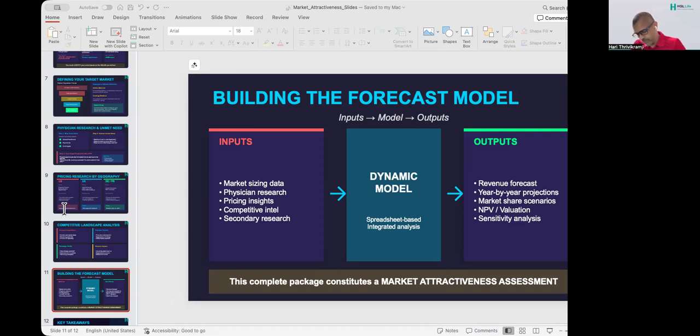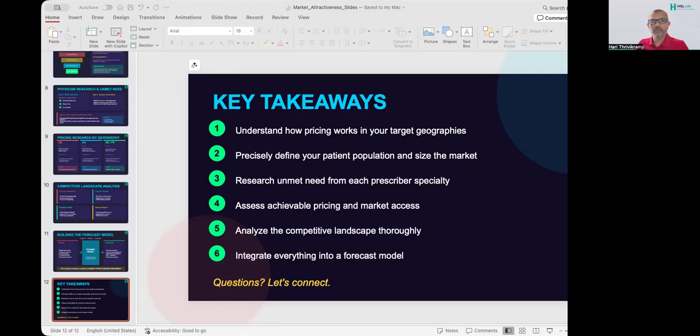I'm actually putting a forecasting process at the end of this market attractiveness. Just market attractiveness could be just setting up the market based on the market size, looking at potential pricing, and coming up with the total market revenues possible. But you could add a forecast onto that quite easily. It's like a plugin. So let's recap what we've covered today.